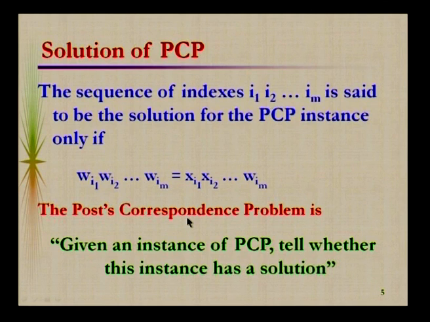It is not required that we must have the corresponding pairs with the same strings. So, in that case it is not so easy to find out the matching strings, that is W2, W3, that is your Wi1, Wi2 etc. up to Wim. So, here there is a point to be remembered: the number of strings available in the lists A and B is not necessarily the same as the number of corresponding pairs to be taken for finding the solution.